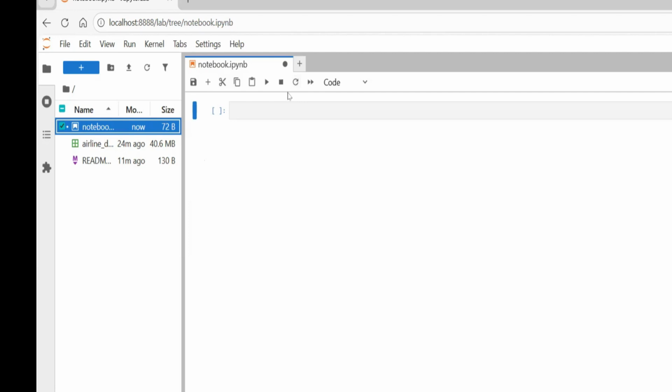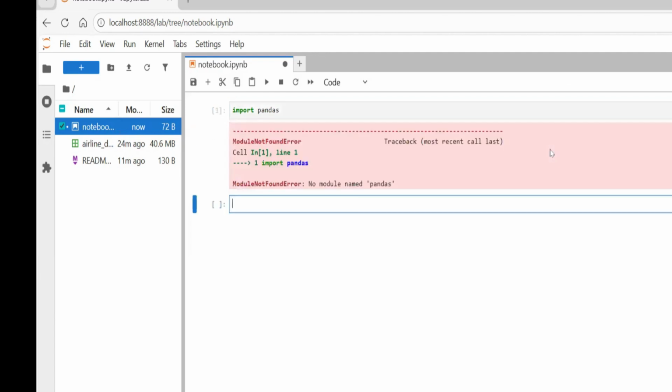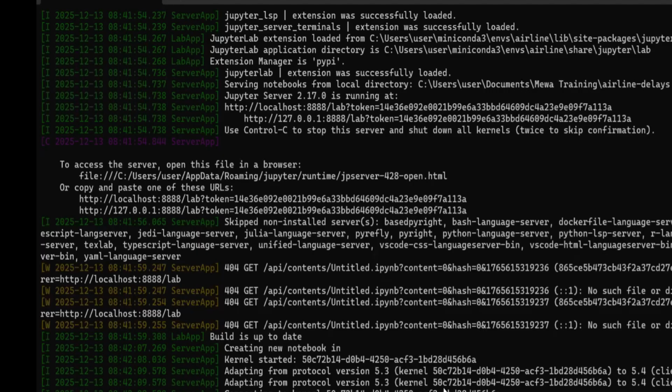Okay. Now I'm here. I believe most of you have never done this, except for two or three people here. I need to install the stuff that I need. Import, okay, look, import pandas, because we're going to analyze the data using the pandas library. So now I write import pandas and enter. So look, pandas is not installed. So what should we do? Let me ask those who are experienced here. Even though I know the answer, I ask those who are experienced now: if I don't have the pandas library,